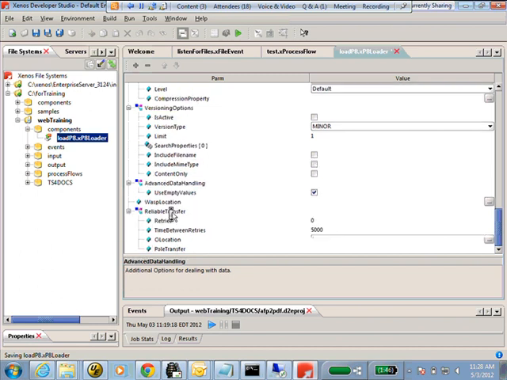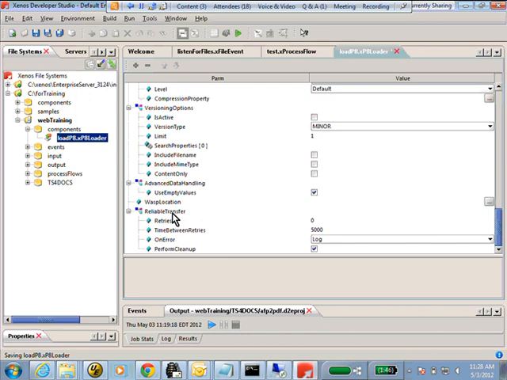Reliable transfer. This will set it up so that if something fails, it continues on. So if the connection to P8 fails, maybe you don't want the entire batch to fail. Maybe you want to try again after 5 minutes or after a minute. You'll notice that this is in a lot of our components, just because things do happen. I'm going to set this up to throw an exception.